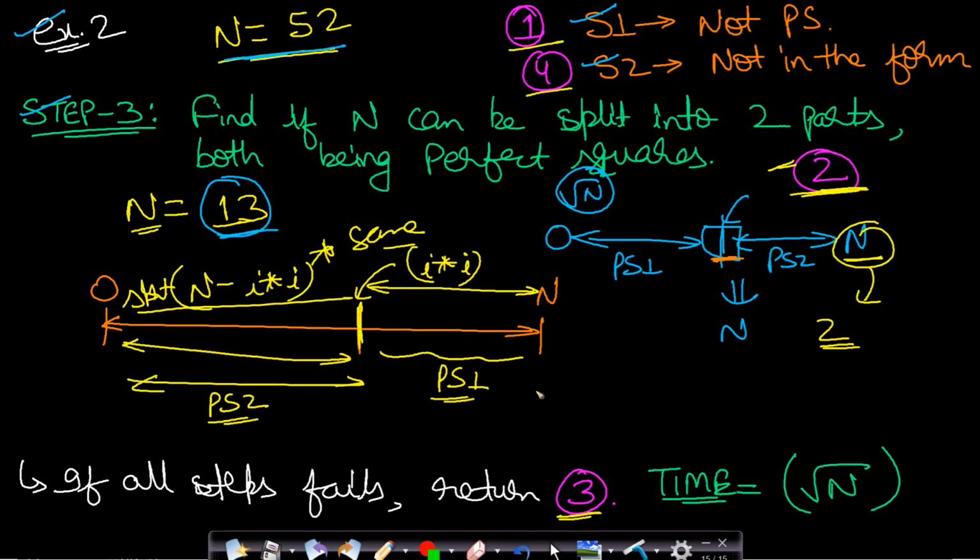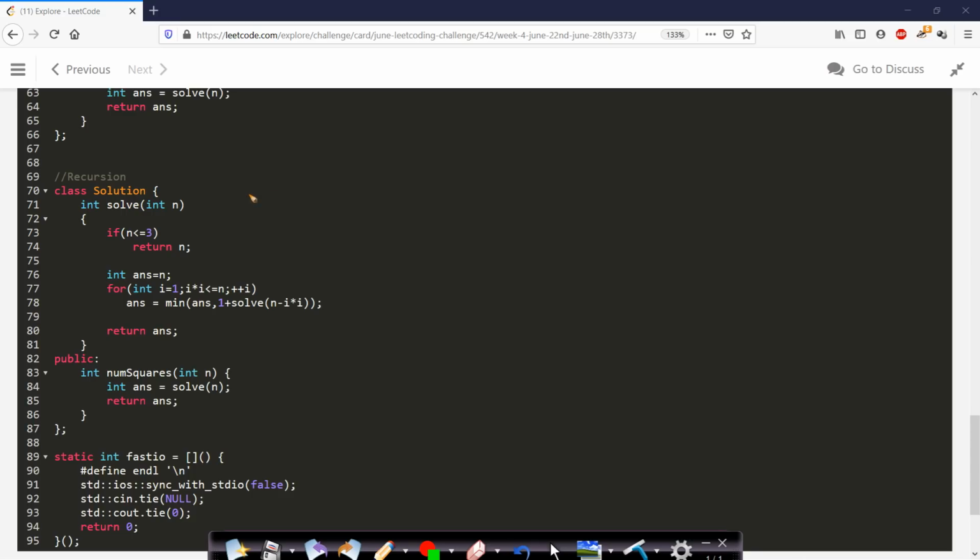So our total time complexity for this process is order of root n. I hope you understood all the 3 processes. Let us now look at the code. This is the recursion code where we are given n value and I have used simple recursion. This is our main function actually. From here I have called the recursion function and this is creating the breakpoints. So this is the first approach.